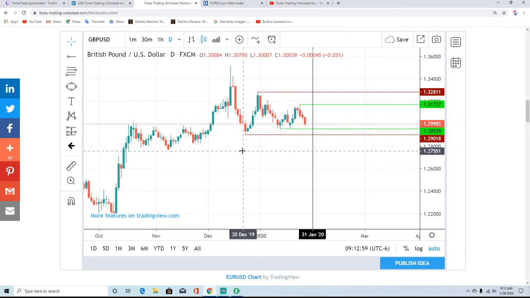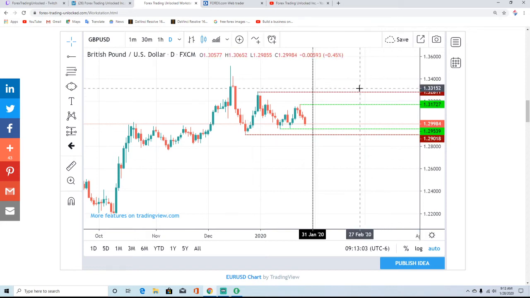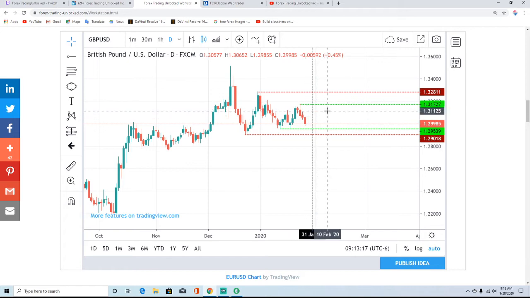So key off of these last major swing low and swing high. At $1.3281, this is our upper side breakout point, and down here at $1.2901, this is our lower breakout point to the downside. Currently, though, we're going to key off of the 1.3172 and the 1.2953 levels. These are our last swing high and lows. These are our green pivot lines right here. So we are contained within that.